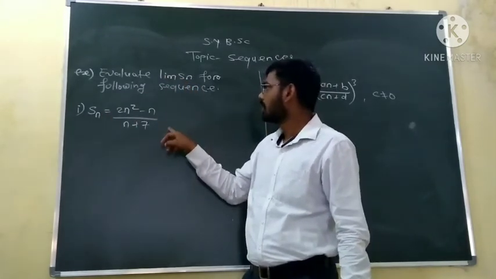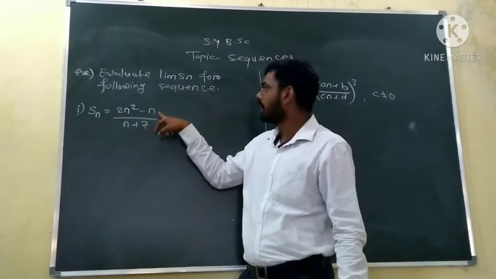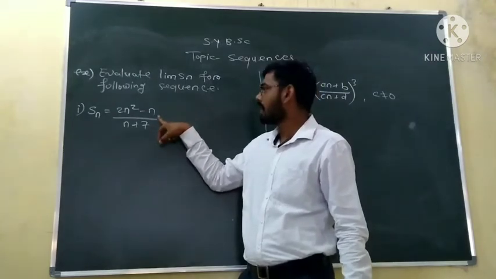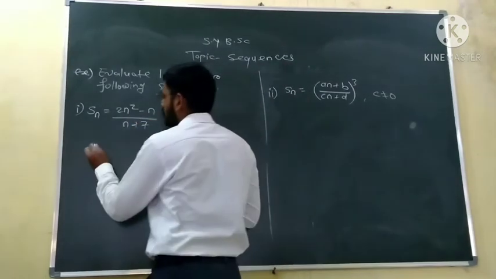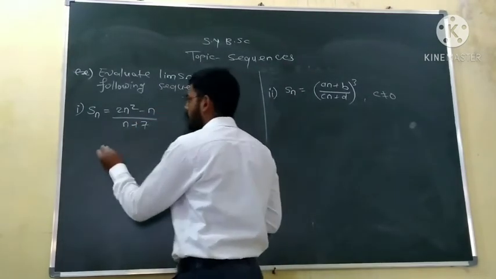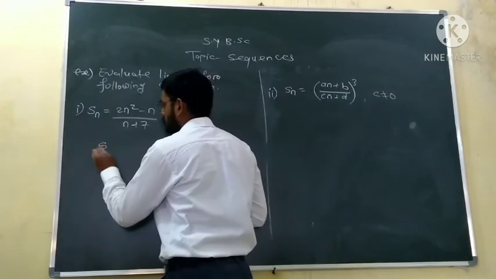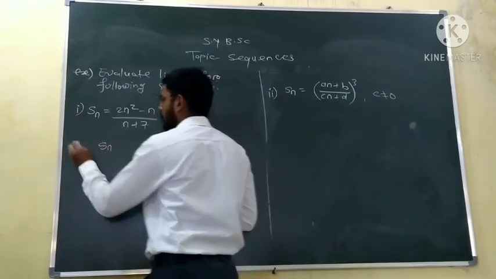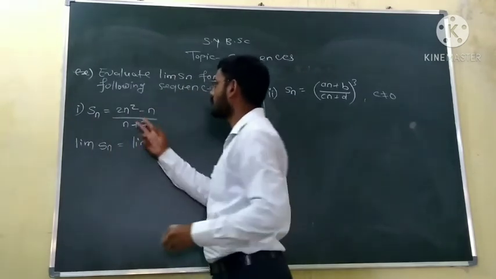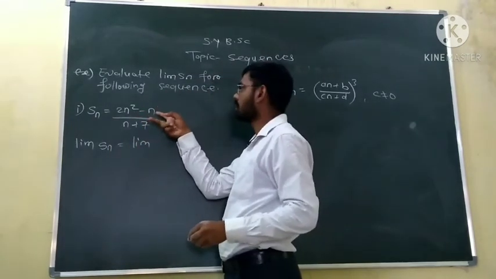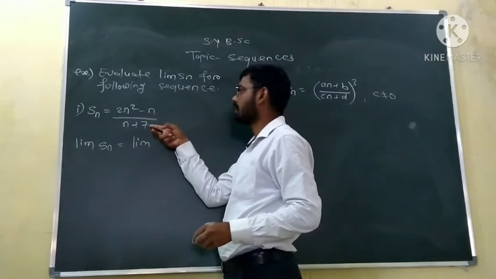First of all, we will divide numerator and denominator by n. So the limit of Sn is equal to the limit of, dividing numerator and denominator by n,